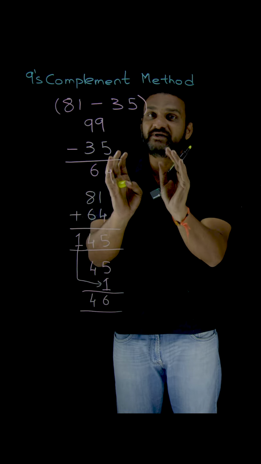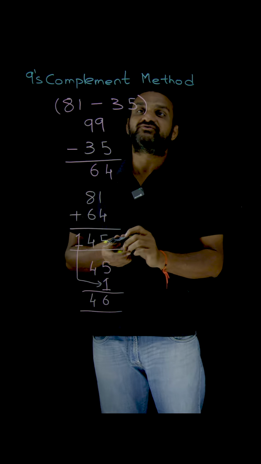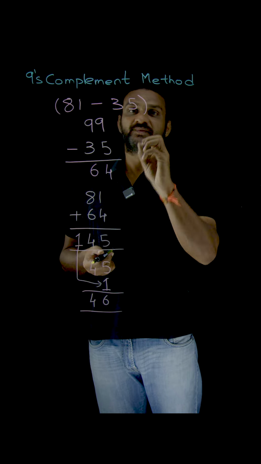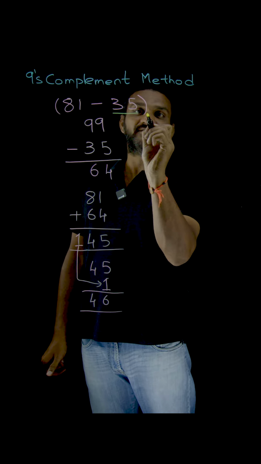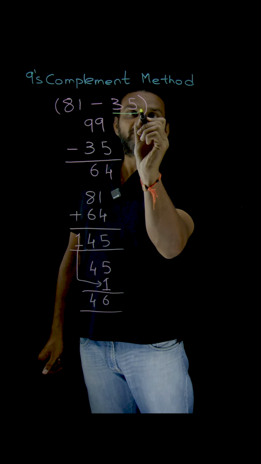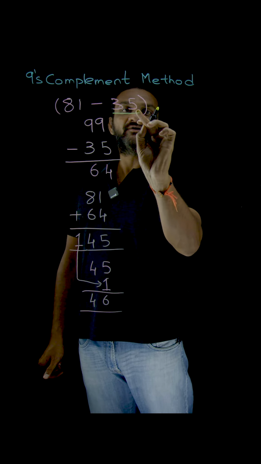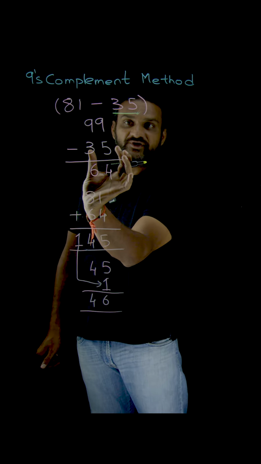So this 9's complement method, the first step is we have to fetch the subtrahend. So what is the subtrahend? The one which is getting subtracted from a number. This is what we call the subtrahend. Now we have to consider this subtrahend, and